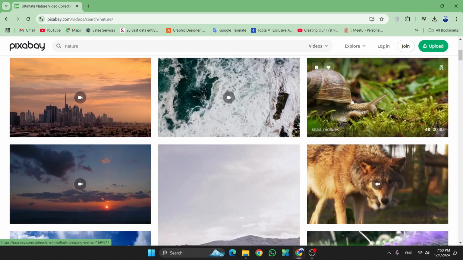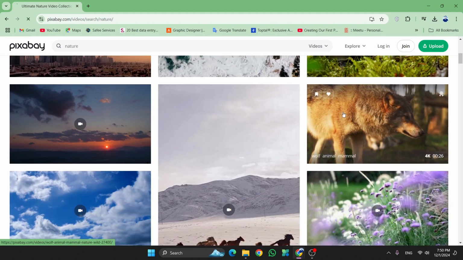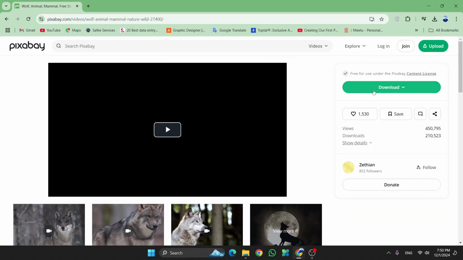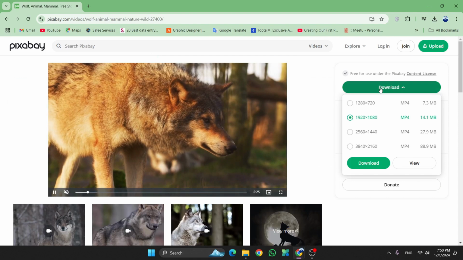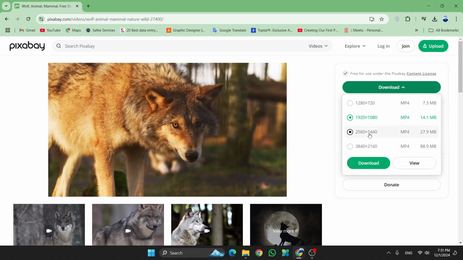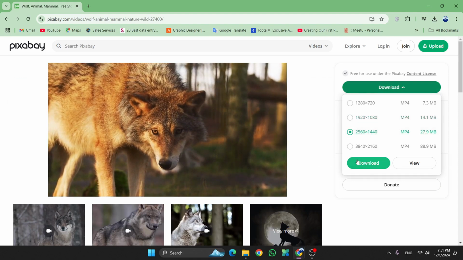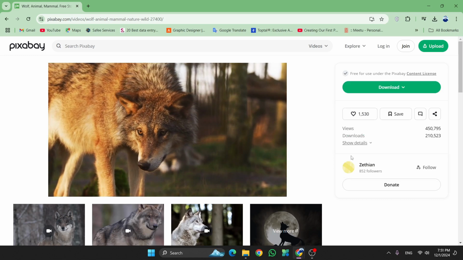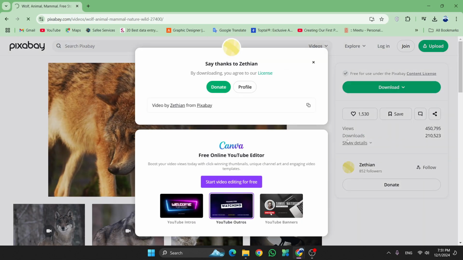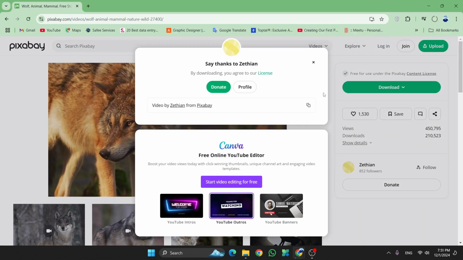For example, I'm gonna download this video or this video, whatever you want. For example, I'm gonna click on this option, and now you will get the download option here. So we have to click on the download, and now we have to choose the resolution here. So for example, I'm gonna choose this one, and now we have to click on the download, and the downloading process will be started. So in this way, you can download the copyright free content from the